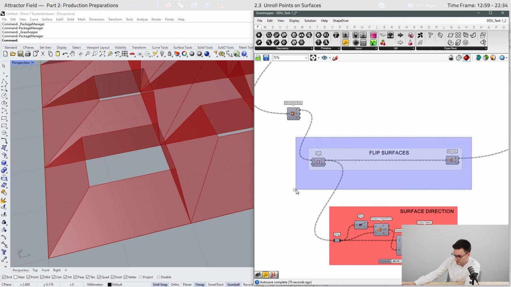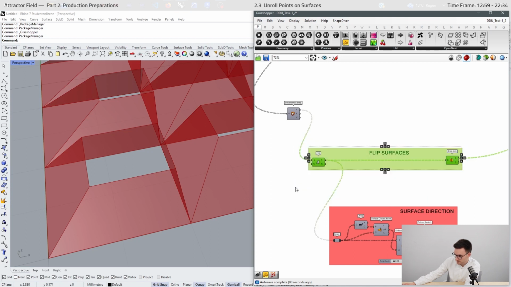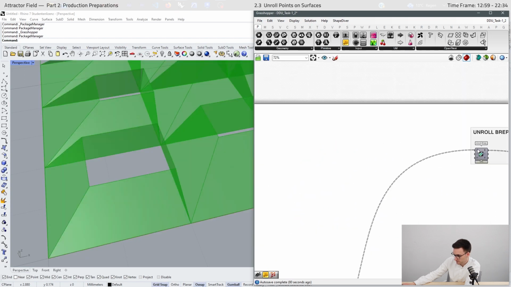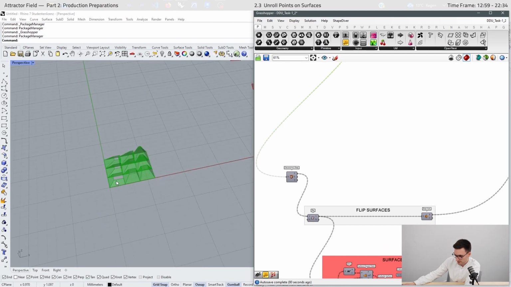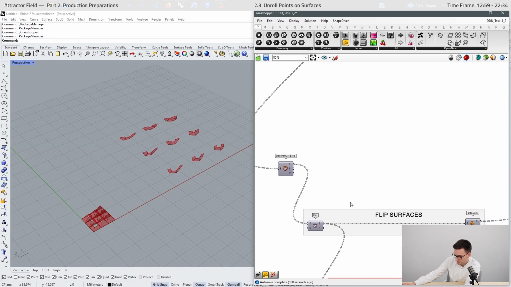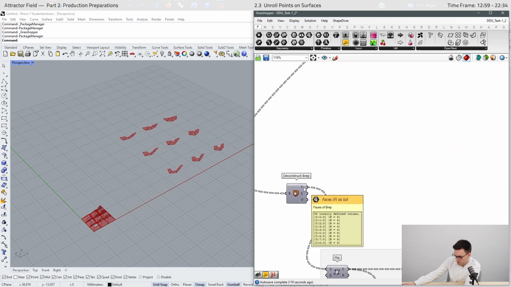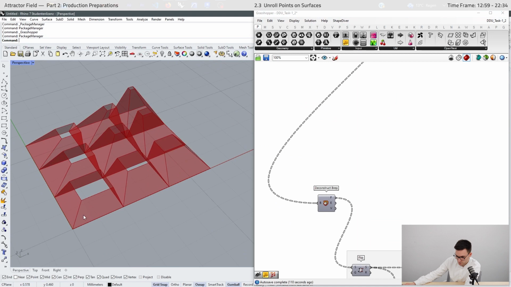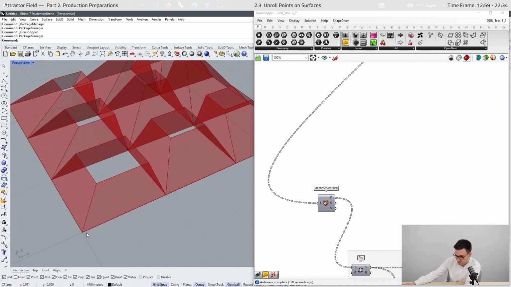And this is optional as pointed out. You can also just use these components and connect them right here. In my case, I am using this. And now we will work with the faces, and we want to find the edges that lie on the ground.